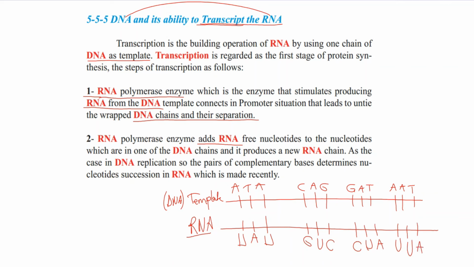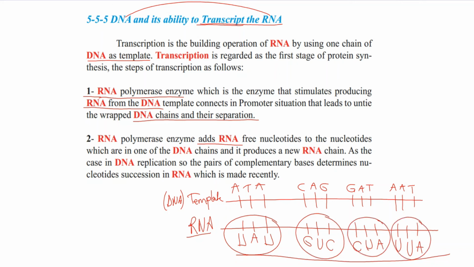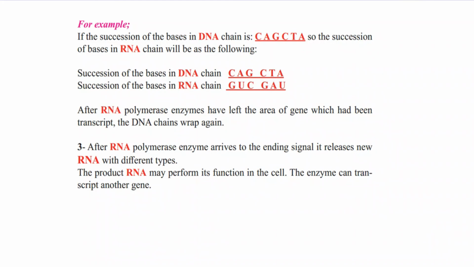So this is the sequence of nitrogenous bases in RNA, and each of these three nucleotides, we call them what? Codon, like first codon and second and third and fourth. So the sequence of nitrogenous bases in DNA determines the sequence of nitrogenous bases in RNA. For example,